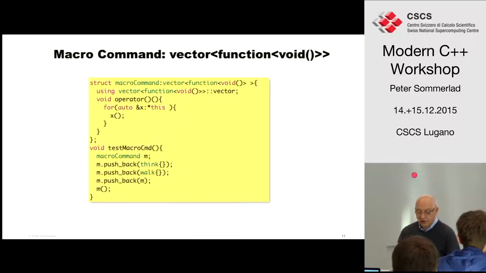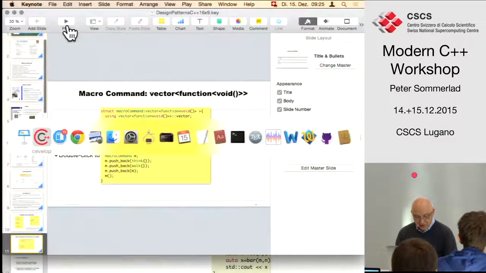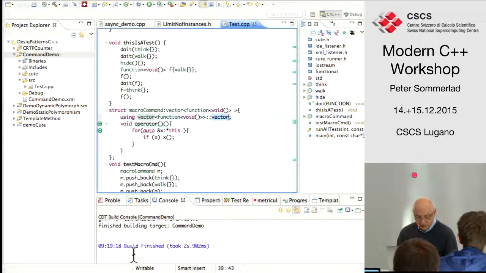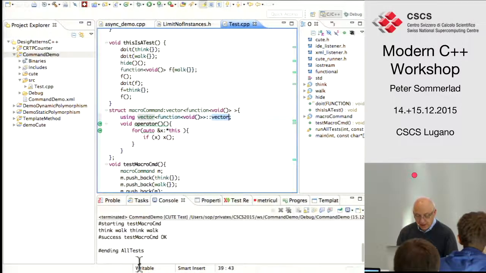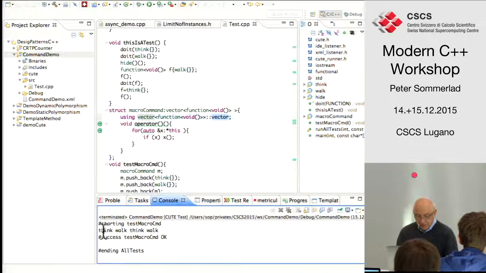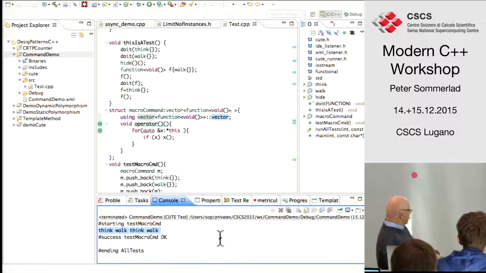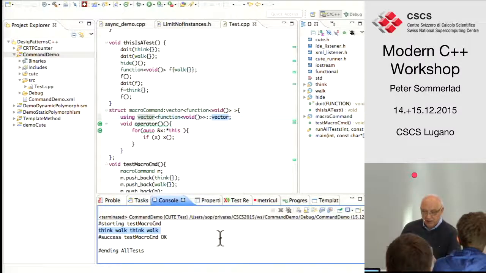It's just a copy of the macro command as a second or as a third element in the vector. And if you look at the executable, we see the macro command is actually outputting think walk, as I promised.